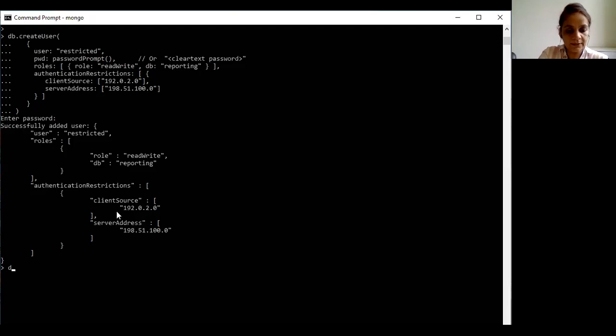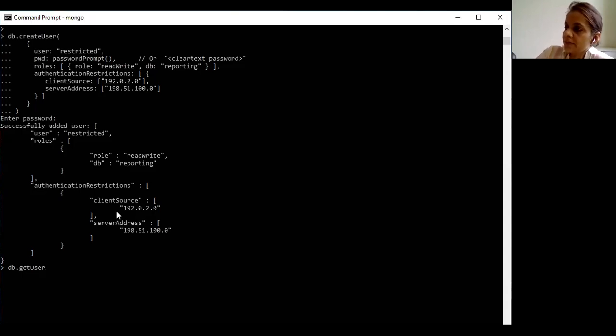So the command db.getUser returns user information for a specified user. But it says that the user must exist on the database on which the method runs.